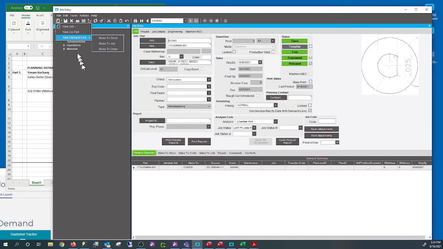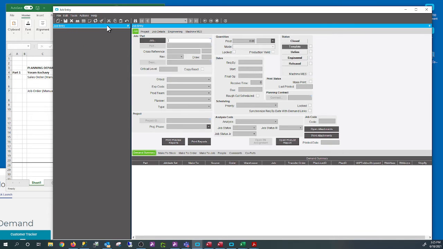Just click, go to about. No, click on the broom to clear the screen. What's the job number? Here we go. 2018 95.